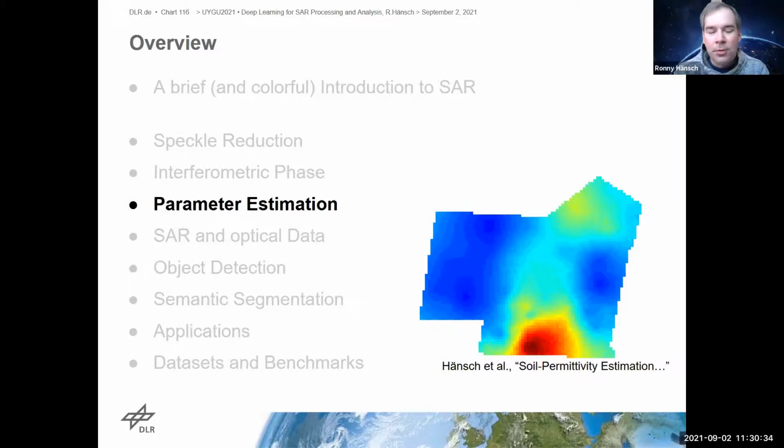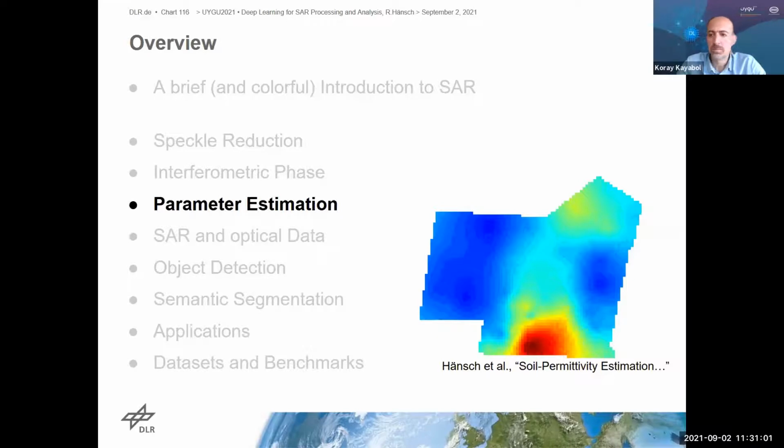So in the first talk, I covered a brief introduction to SAR, right? And then we talked about speckle reduction and interferometric phase. So this was both more like image processing, right? So how can we take a SAR image or a product from a SAR image and produce an enhanced version of the very same product, either a speckle-free version or at least despeckled version, or an interferometric phase and coherence